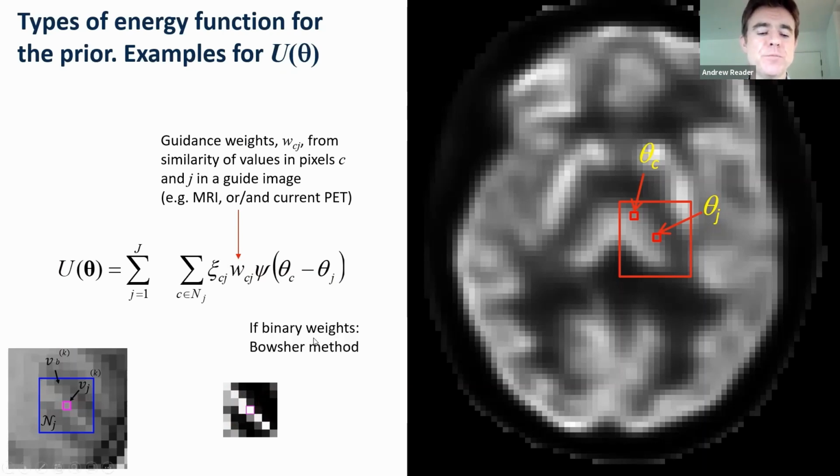So that would be the kind of general way of doing it. But you've probably heard of the Bowsher method, the Bowsher guided penalty for map reconstruction. If it's the Bowsher method, then very simplistically, we're effectively doing something like K nearest neighbors, where we're either within the group or we're not. So this is saying, based on some threshold, which is determining how many nearest neighbors, if you like, we can,